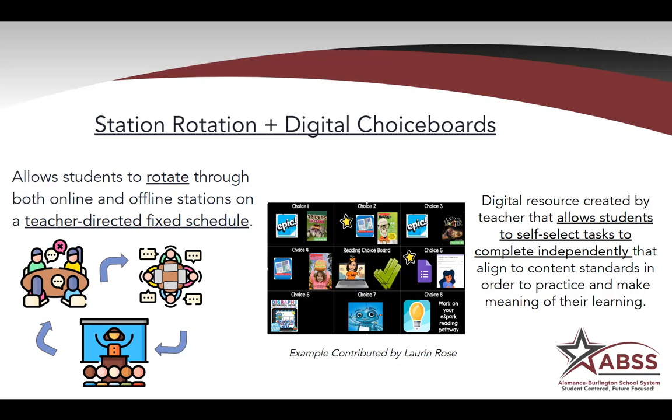Here you will see an example of a choice board. With this example, during small group reading instruction, each week students are provided with a digital choice board that contains 8 choices of tasks. By the end of the week, students are to have completed 5 of the 8 tasks. You will see that the stars indicate tasks that must be completed by the end of the week, yet students still have choice as to when to complete them by the deadline, as well as which additional tasks they may complete.